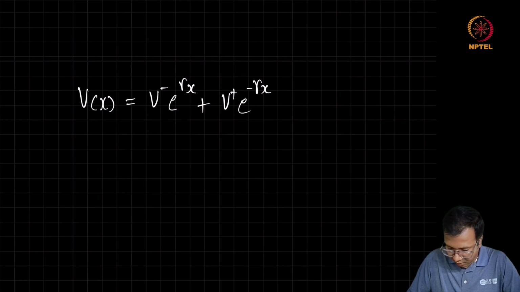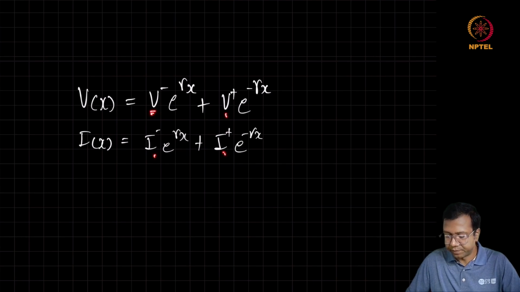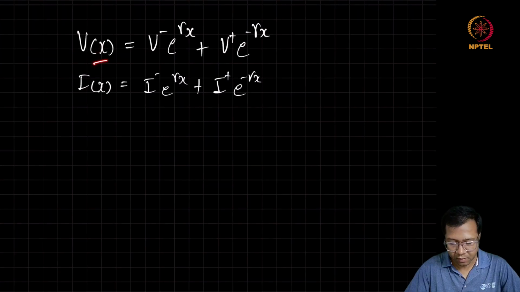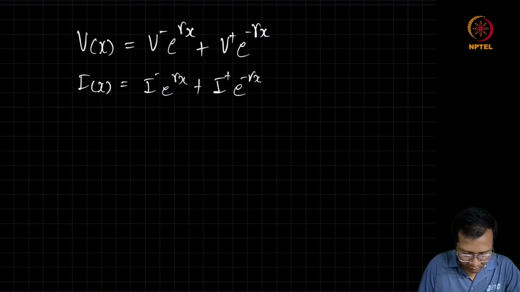Similarly, I can write I of x as follows. These constants will depend on the boundary conditions, how we are exciting and how the lines are going to be terminated. The way these equations are written here, V of x and I of x both are phasors at frequency omega. So I can also